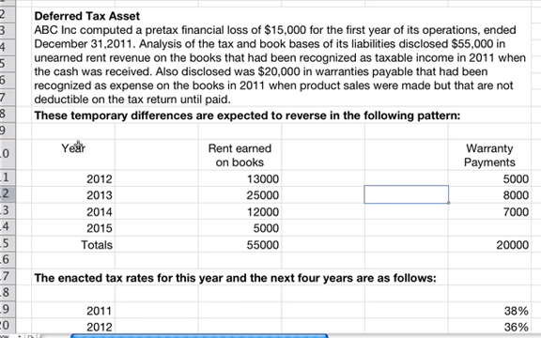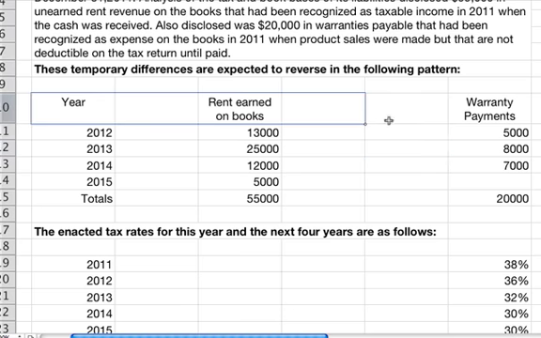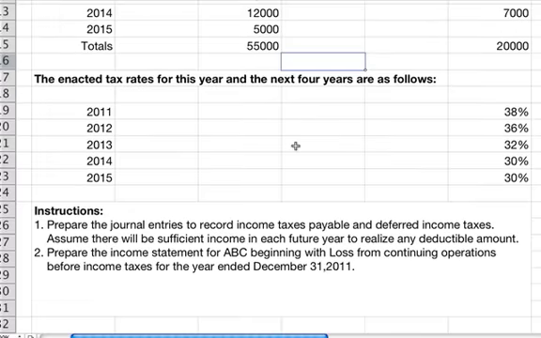Also disclosed was $20,000 in warranties payable that had been recognized as expense on the books in 2011 when product sales were made, but that are not deductible on the tax return until paid. These temporary differences are expected to reverse in the following pattern. So you have these numbers, and we'll come back to these in a minute. Then you have the enacted tax rates for this year, and the next 4 years are as follows,